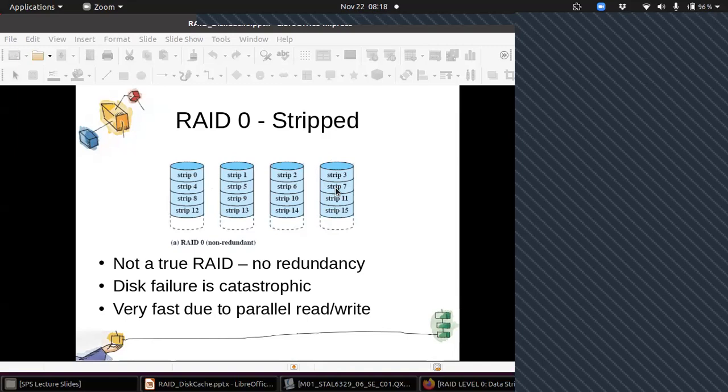The purpose of RAID is to recover the data, but you cannot recover data here. But the other advantage is that it is very fast due to parallel read and write. If a request comes for this part of data, and another request comes for that part of data, then 2 data requests can be served in parallel.